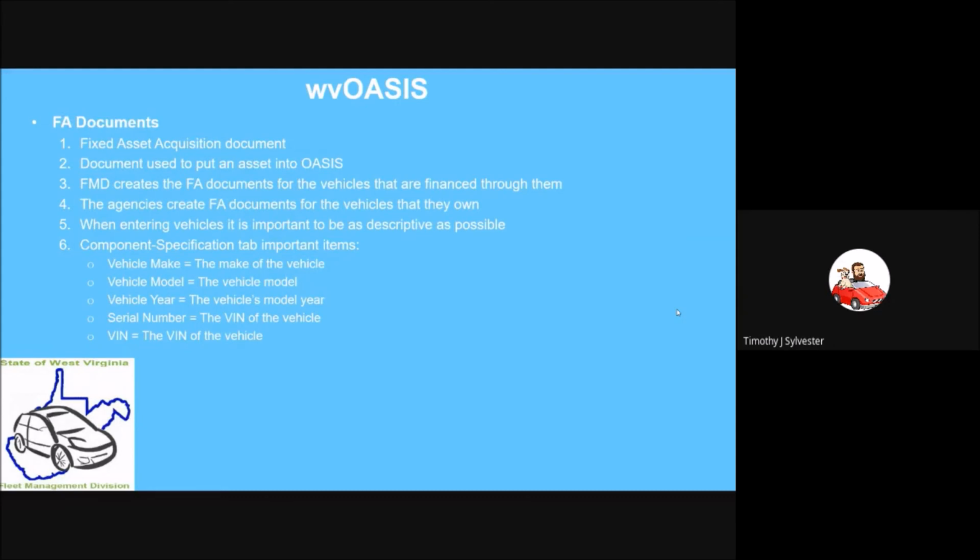The first document is an FA document. This is a fixed asset acquisition document, and this is used to enter any asset into OASIS, which a vehicle is an asset. We feel it is very important to be as descriptive as possible when entering a vehicle into OASIS. And again, you all would only do this if it is an agency-owned vehicle and not leased through us. So some pieces that are very important to the FA document are the vehicle make, model, year, serial number,